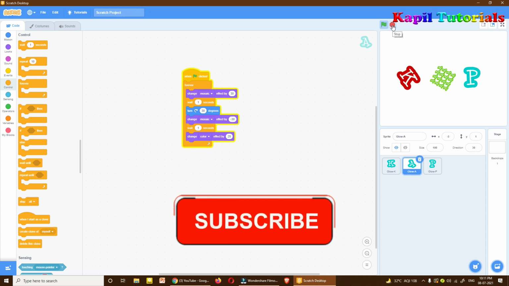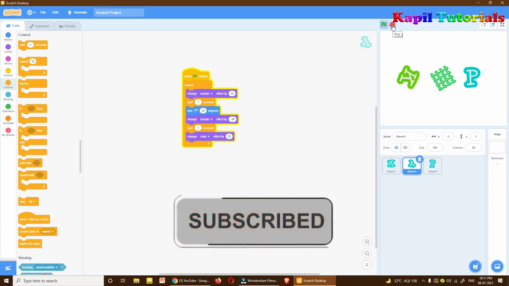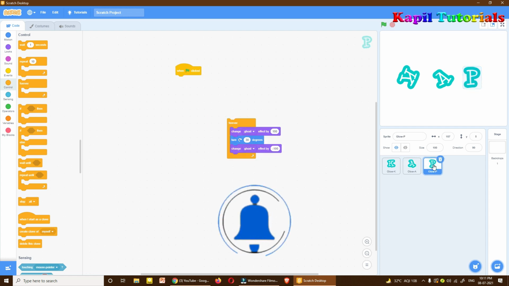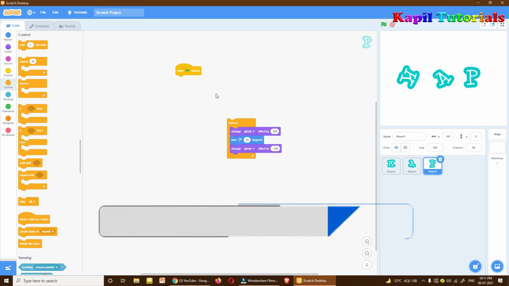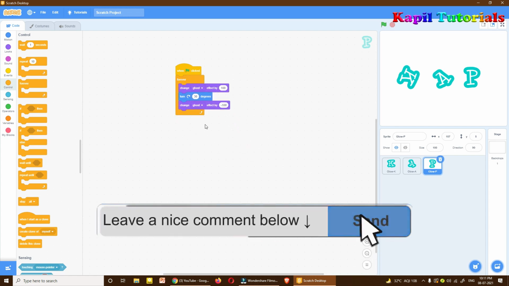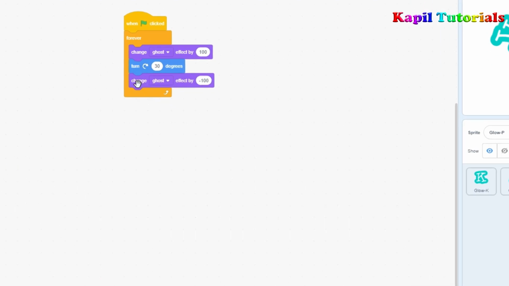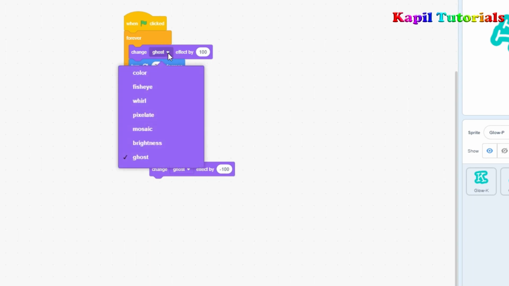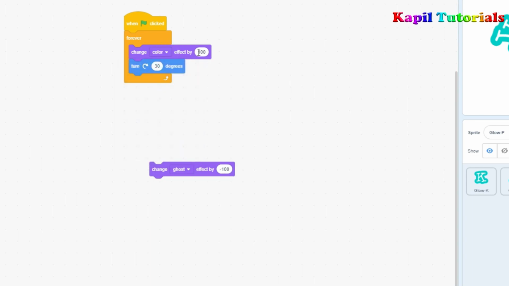I hope both the effects are very much clear to you. Now coming to the third effect. So I'll go to the third letter, P. Already some commands are available here. Here I don't need the ghost command. This will be very simple. I'll just click on color, and here I'll type 25.